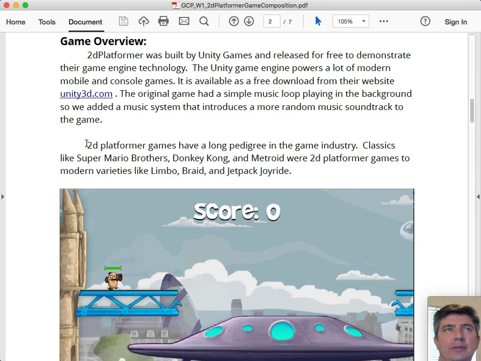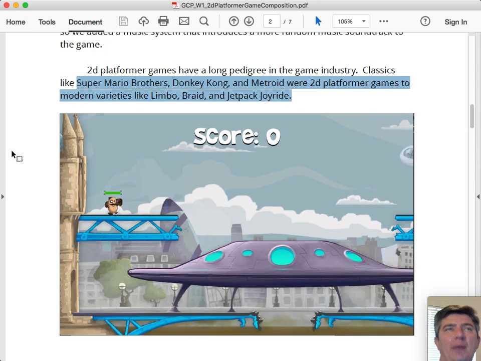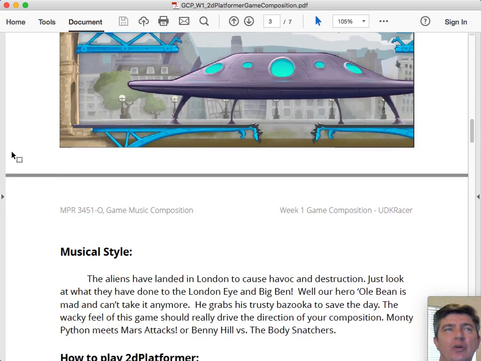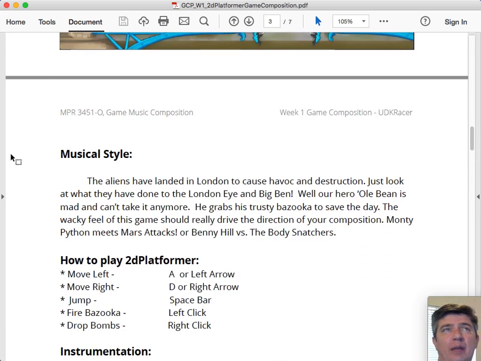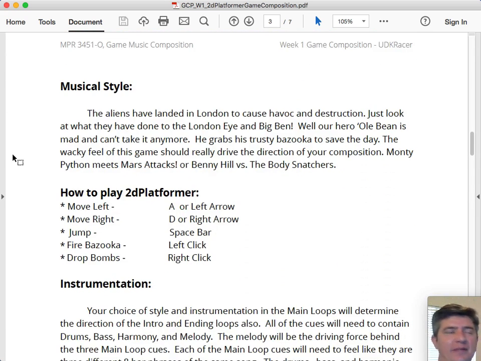2D platformer games have a long lineage in games like Super Mario Brothers, Metroid, and modern versions of them, Limbo, Braid, and Jetpack Joyride. Basically, you are progressing through a level, jumping from platform to platform, and defeating your enemies in a variety of different ways.